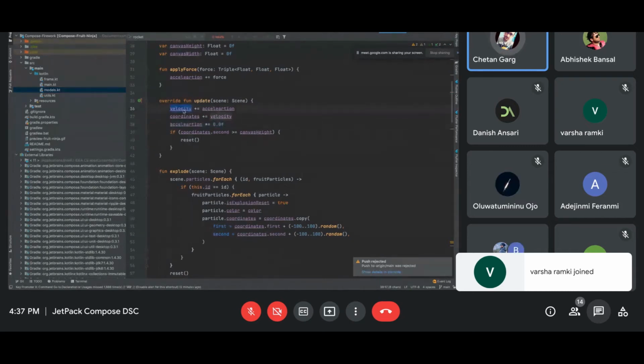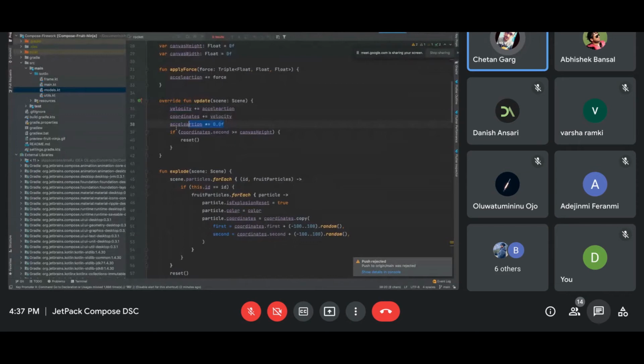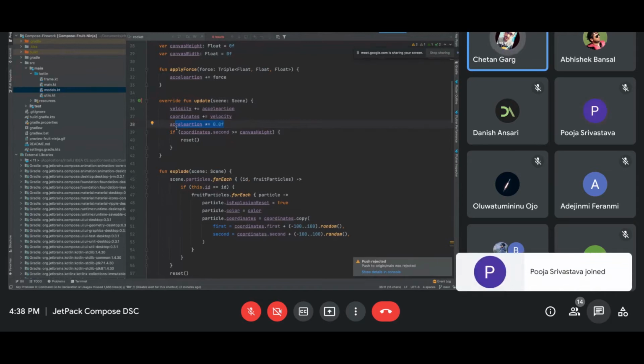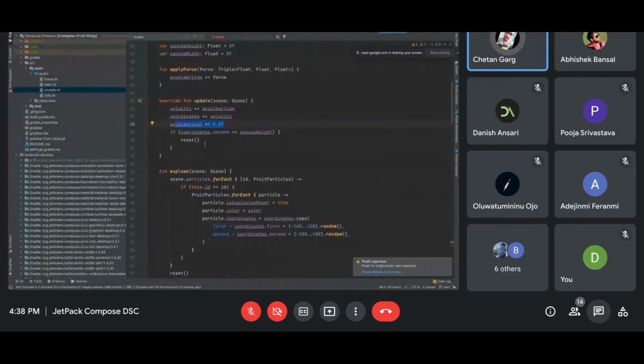Since I have updated the velocity, it doesn't strictly matter to reset the acceleration, but I do it because I don't want it to over-accelerate. I'm giving a force externally, and I want that force to be continuously added at every frame, slightly increasing each frame, not an accumulated force.